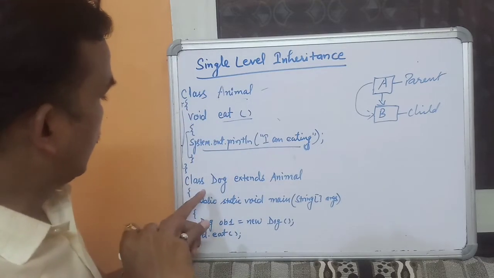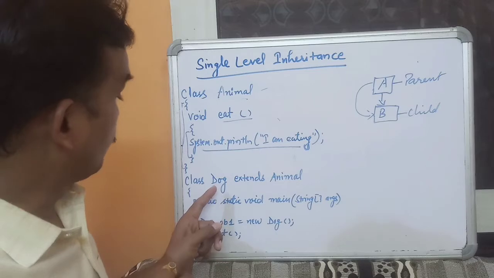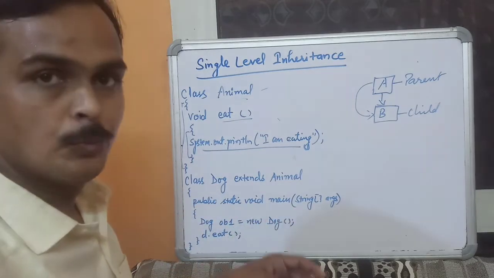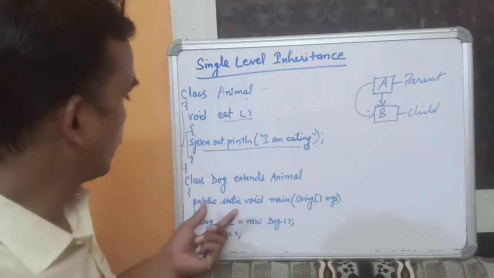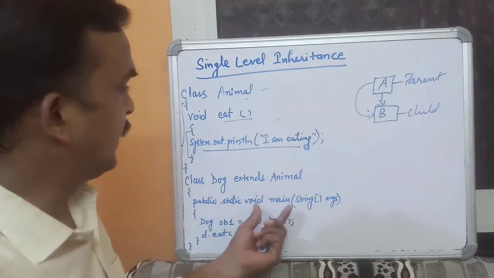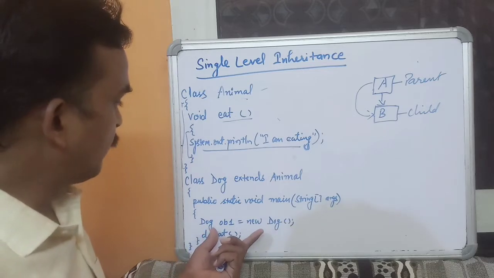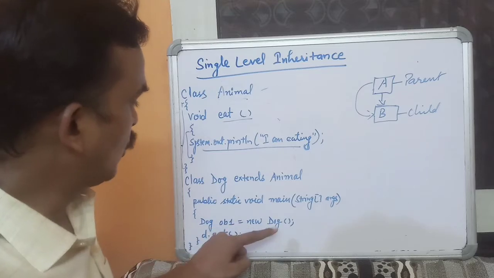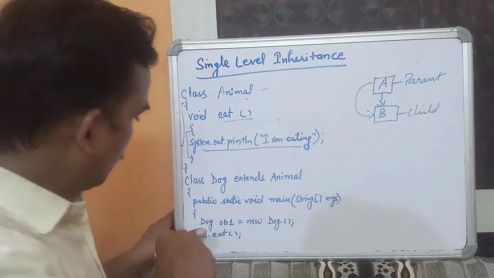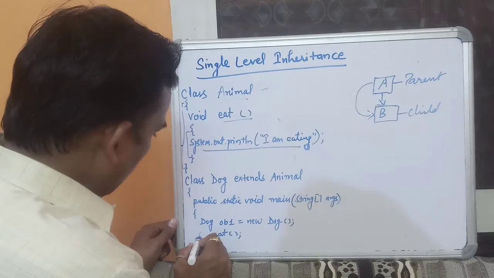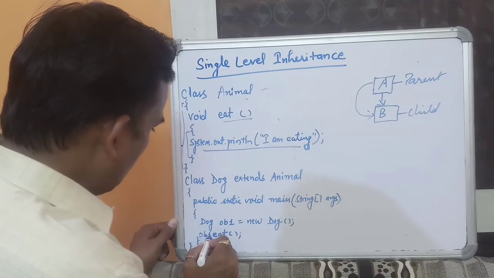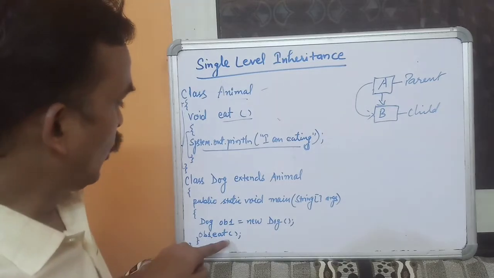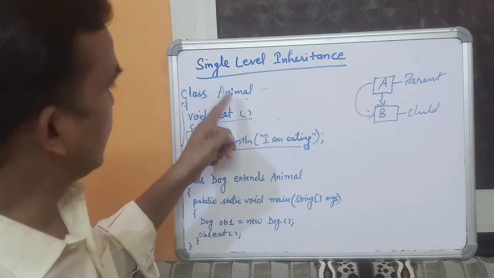Okay, now we create the next class, dog. In that dog class we have the main method. Whatever we want to print must be inside the main method. So public static void main, and in that we create one object. What object? OB1 dog, OB1 equals new dog. So OB1, we will write here OB1 dot eat. OB1 is an object, and we are calling the eat method of the class animal by using the dot operator.